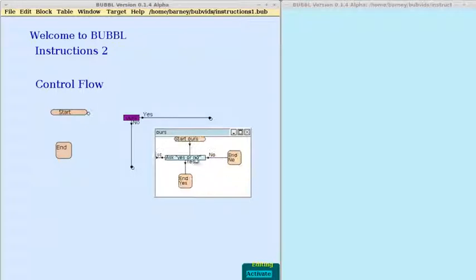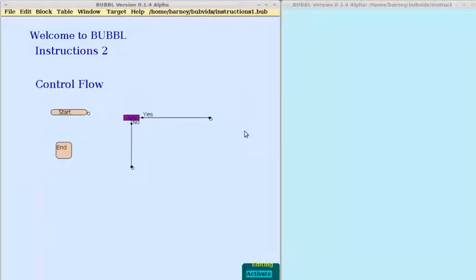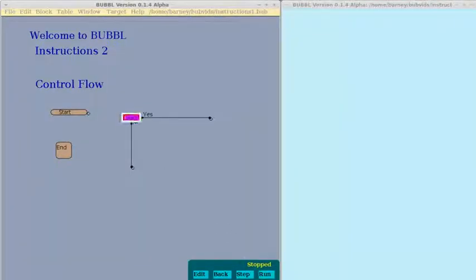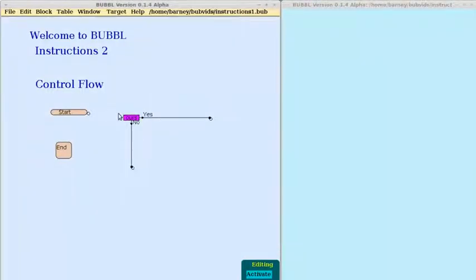Now I can play about with that. I can cheat. I can make it do different things. I can swap these around. A bit silly, I know. Now I run the instruction and I click no, and it's gone down the yes thing. So what we've done there is made our own instruction, which has a bit of a silly behavior, but in principle